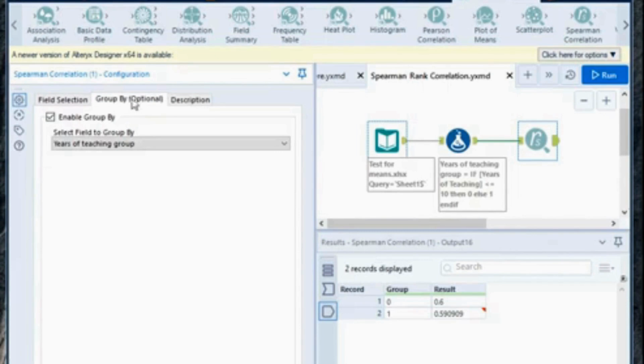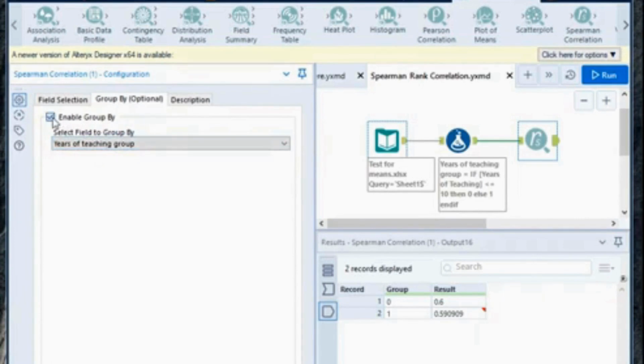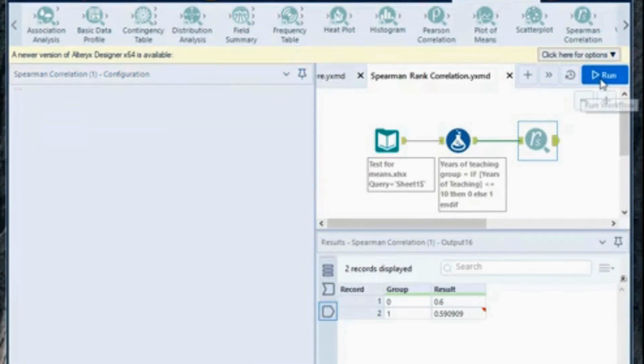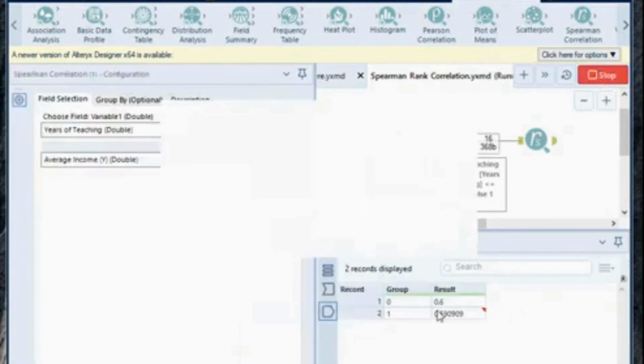So this is optional. If you want to calculate the correlation by group, then you can choose a group variable. Otherwise, you can leave this empty, and you make sure you enable this box here, right? Once you run this particular command in the result panel,